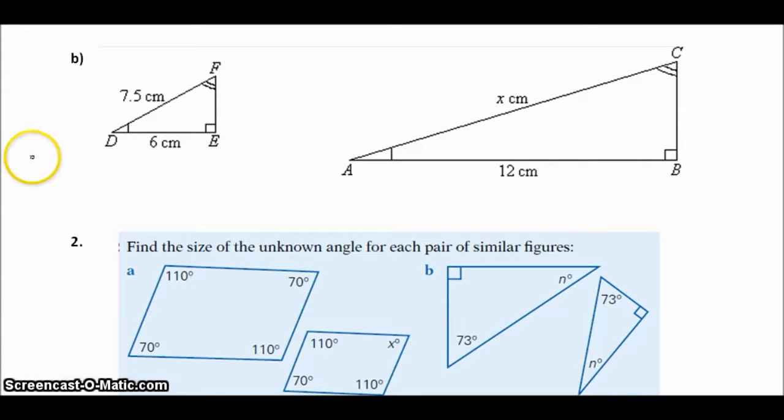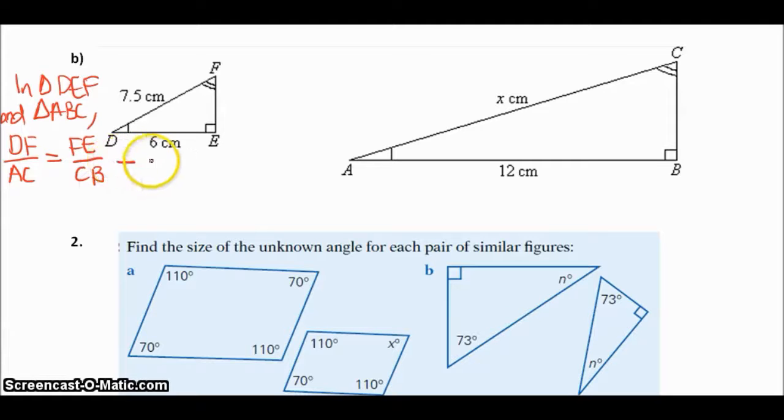So I can say straight away that in these two triangles, so in triangle DEF and triangle ABC, I can say that DF over AC equals FE over CB equals DE over AB,